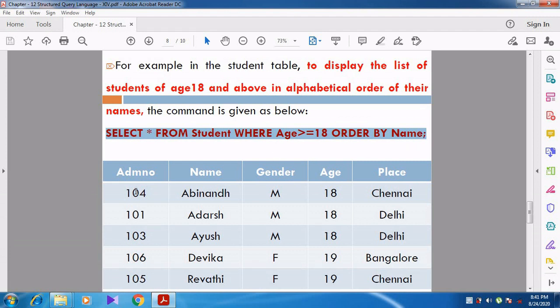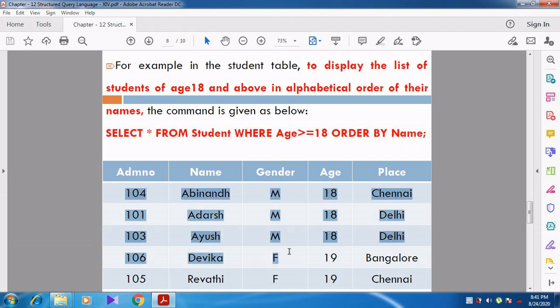See here, first 104 Abhinand, then Adarsh, then Ayush, then Devika, then Revati. Why are only 5 records displayed? What about the other 3 records, 100, 102 and 107? Those records do not satisfy the condition age greater than or equal to 18.